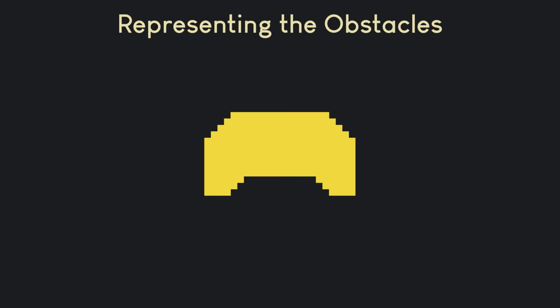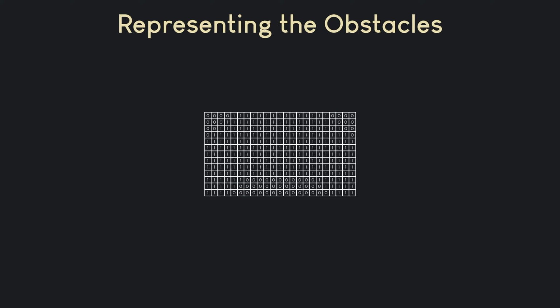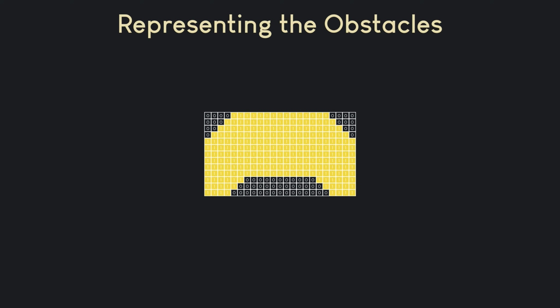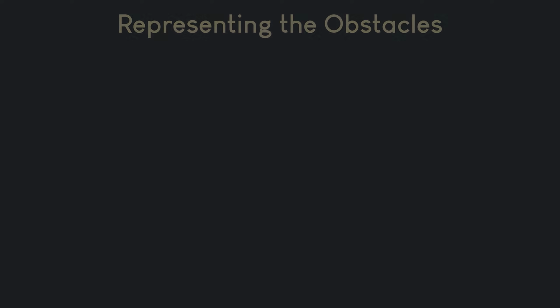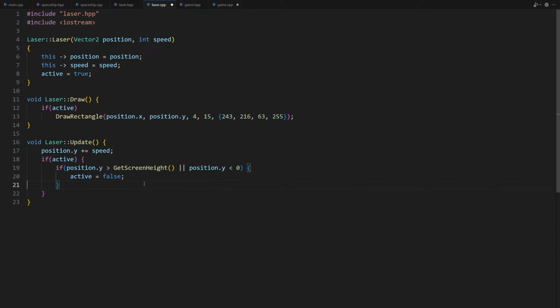So in order to create an obstacle like this, all we have to do is to create a grid with the following values. If we turn the cells with the value 1 yellow, we get the shape of the obstacle we want. Cool, huh? Now, when a laser hits a cell, we only need to change it back to gray to simulate damage. This approach allows us to dynamically adjust the obstacle's appearance as it takes damage during gameplay. Enough with theory, let's implement it in code.